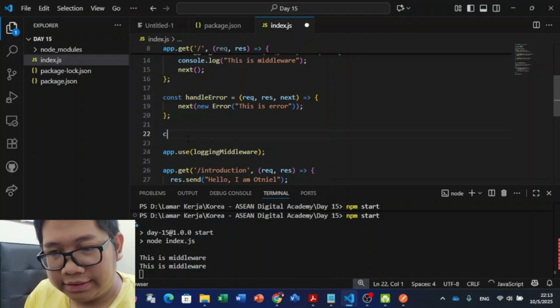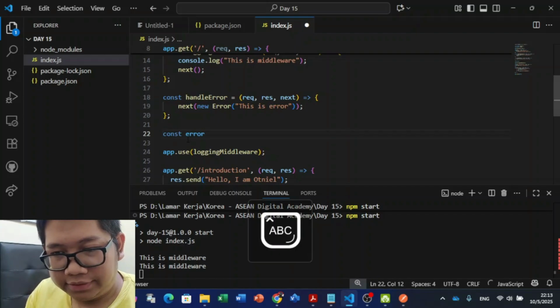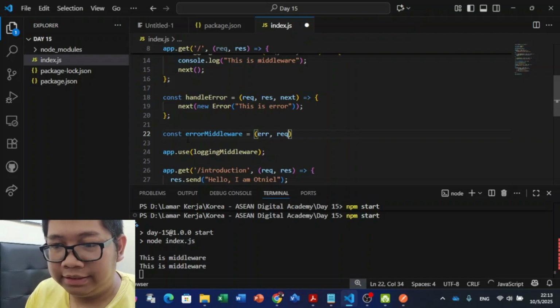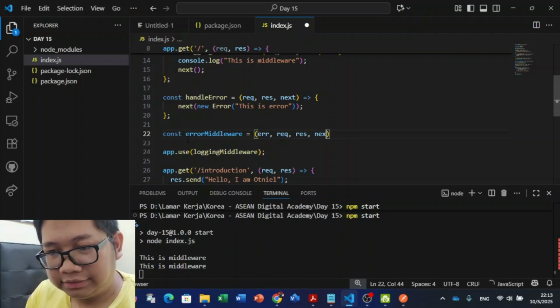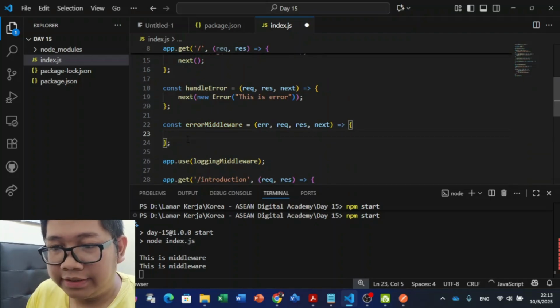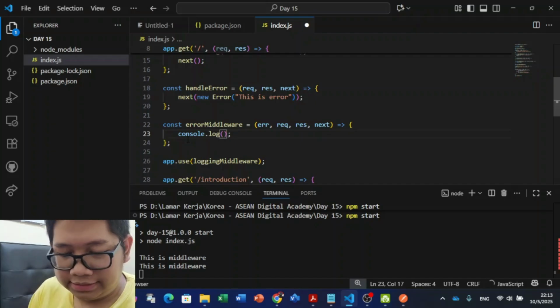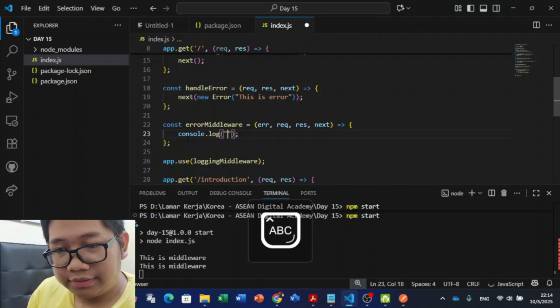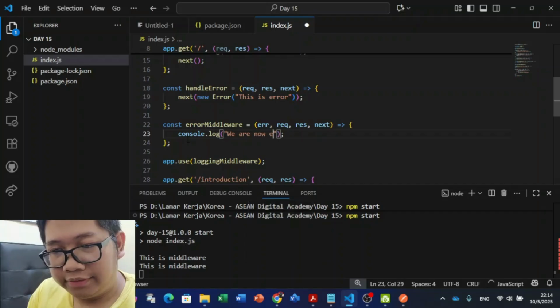And then to handle that, we can use this error middleware, similar but we need an error parameter. And then we can do this here. I think we can just console.log, to make it easier, "we are now entering error middleware".